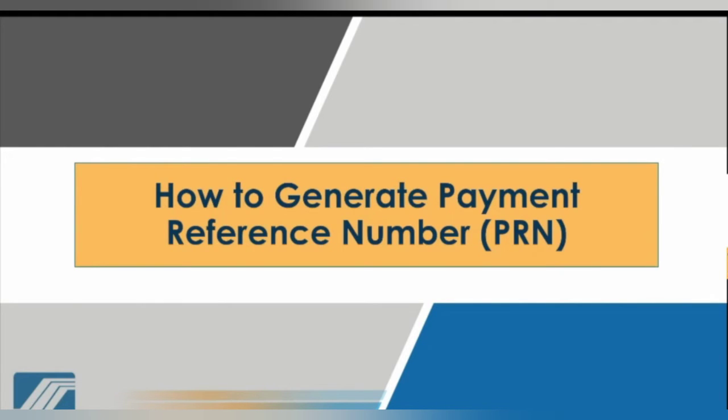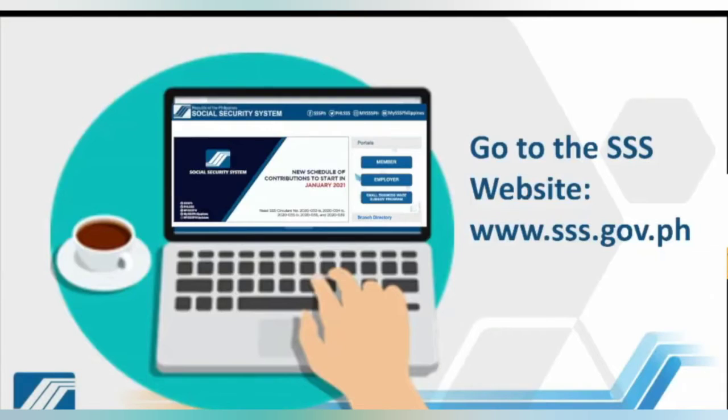Participants, now there are different ways on how you can generate your payment reference number. At number one na dyan ay through the website, particularly your my.sss account. So all you have to do is to go to the SSS website at